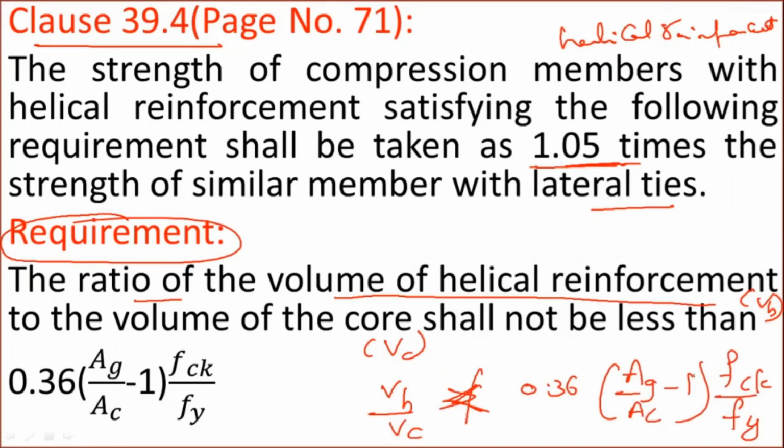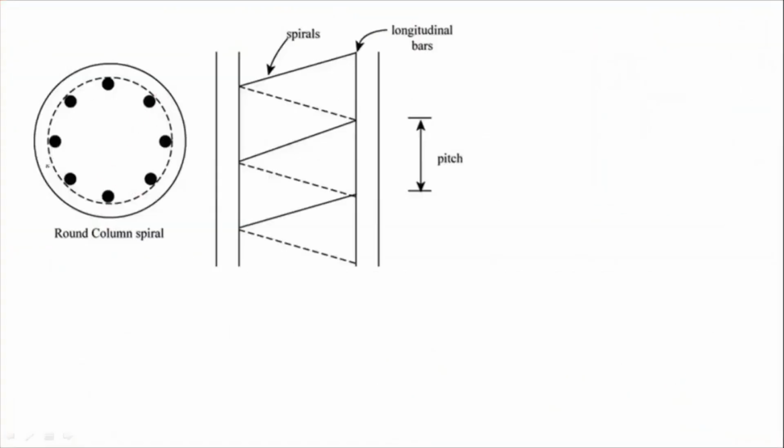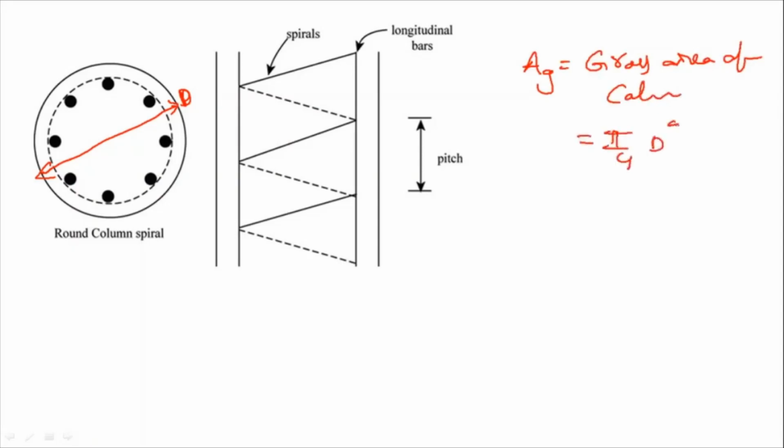So let us see what this VH and VC are. First, if you take the column diameter like this, then you can determine the gross area of the column, which is AG. So what is AG? It is the gross area of the column, equal to pi by 4 into diameter square. Then, suppose this inner diameter is small d, this inner circular portion that you can see here with dotted lines is called the core. So this is the area of the core,